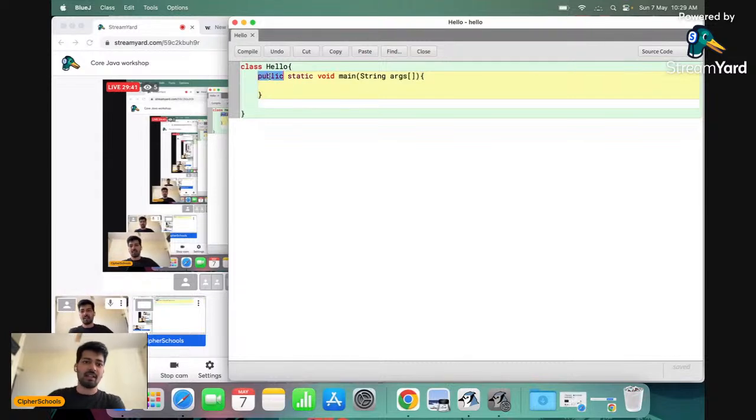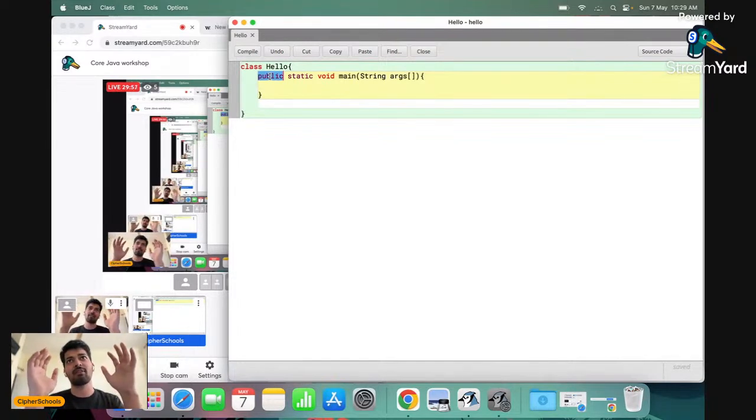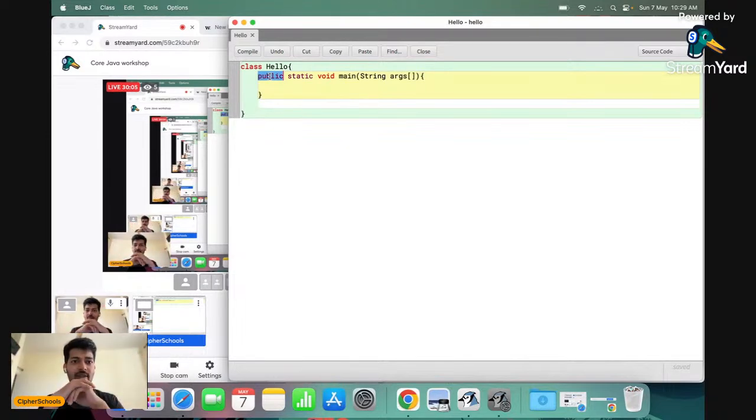Okay. Now there are keywords over here: public, static, void, main, String, args, right? So let's talk about all of these things. So public over here is your access modifier, right? The responsibility of the access modifier is to take care of the security stuff, who is allowed to access things. Just trying to give you some simple understanding.